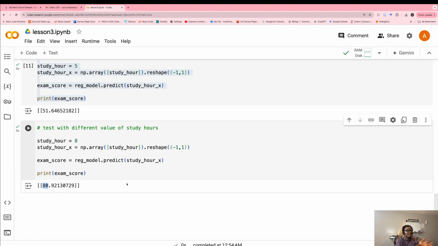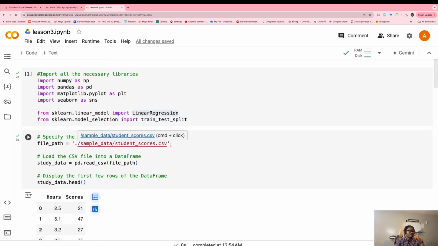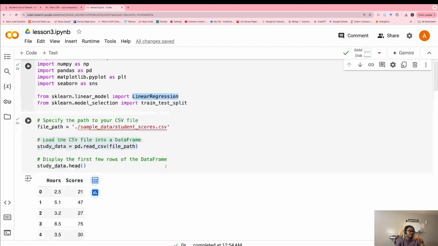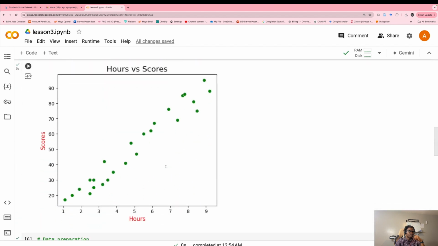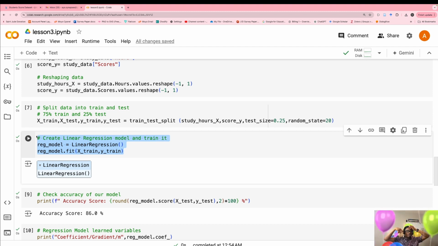Okay, so I think that is the end of this. As you can see, the point is that we have data, and we are able to load the data, and we are able to use linear regression to train our AI, which is what is here. So if you have any data points that have just two things that are linear to each other, you can get the data from anywhere.